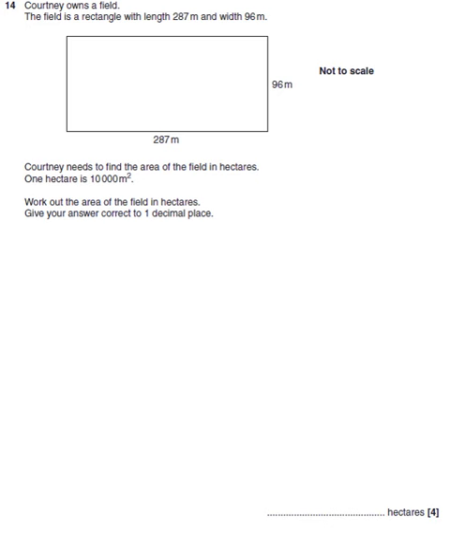Okay, so a farmer currently owns a field with length 287 and width 96. He needs to find the area of the field in hectares, and we've got a fact about a hectare, which is this many metres squared. So work out the area of the field in hectares to one decimal place. The first thing to do is to work out the area in metres squared. So we times 96 by 287, which gives us